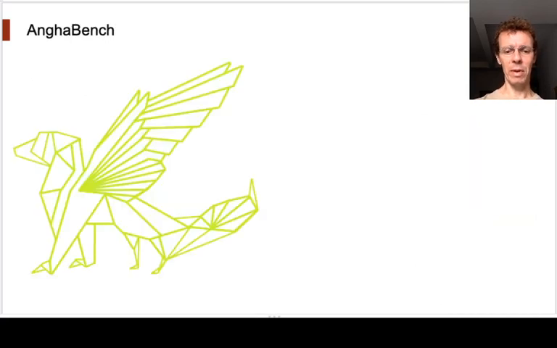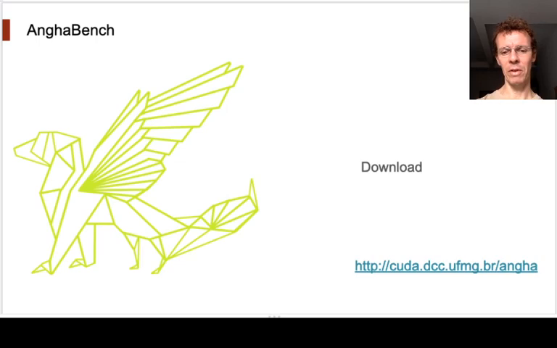And AnghaBench is publicly available and it's ready to be used. You can get the collection from our website. There you can download different assemblies of benchmarks, like programs with a single function or programs with multiple functions. Some of the benchmarks have also been organized into a browsable database where you can search by similarity, for instance, and you can find several studies that we have carried out in this code base.